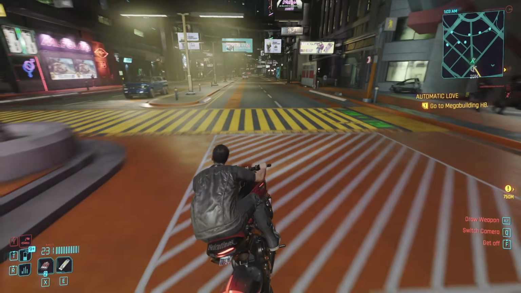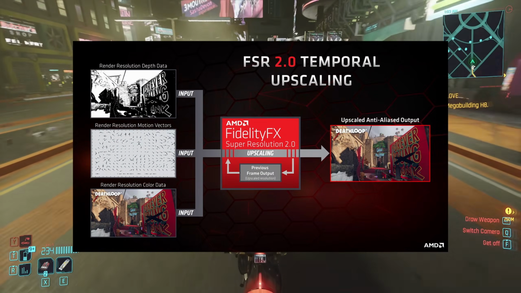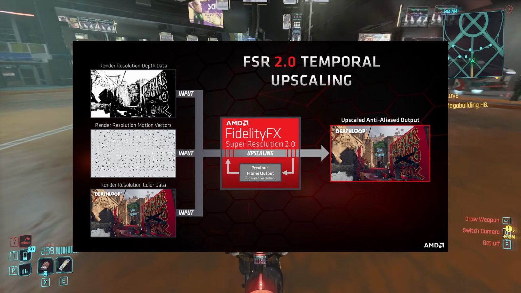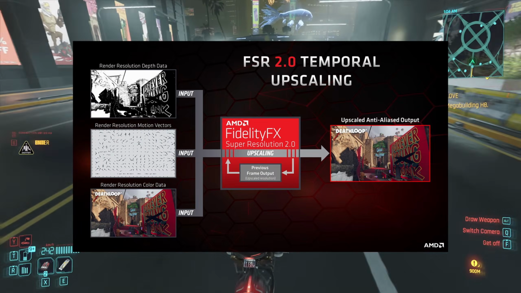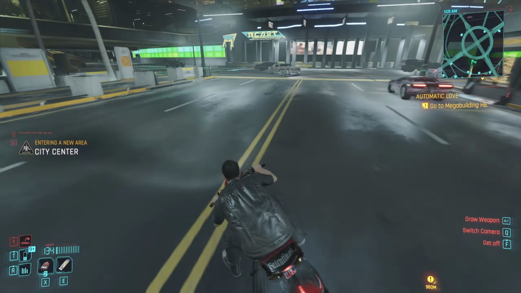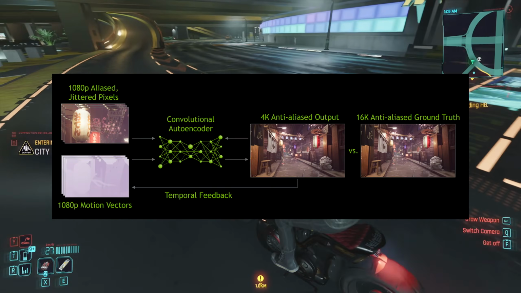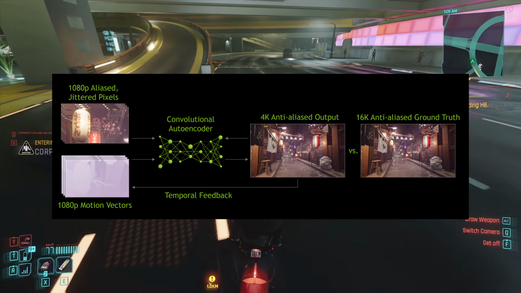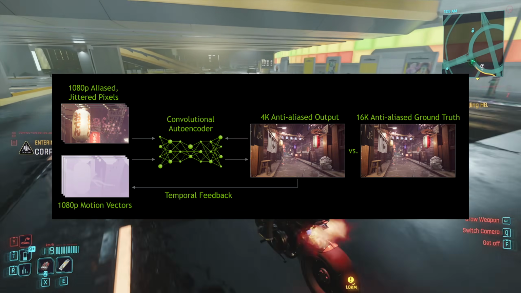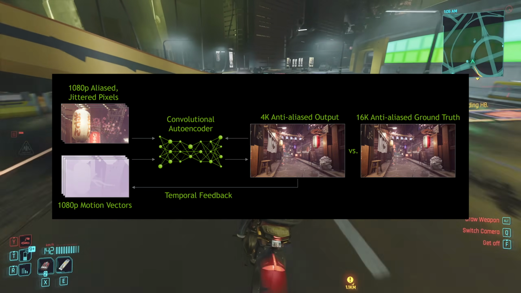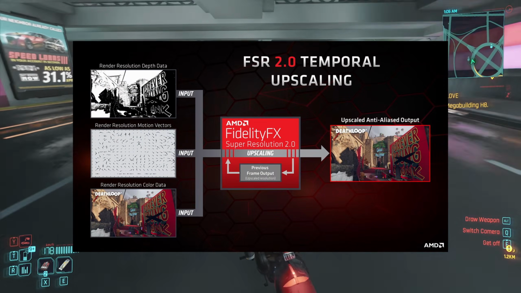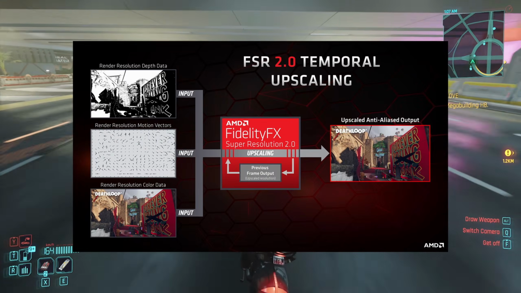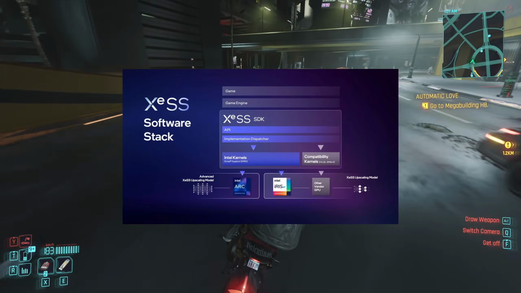The general principle of the process is to input a low-resolution image into an upscaling algorithm, and then produce a high-resolution final image. Different methods use different approaches to upscale. For example, DLSS is only compatible with RTX 20 series cards or newer because it requires tensor cores to upscale images with deep learning, while FSR and TSR are compatible with all modern GPUs because they are using algorithms that don't use deep learning. XeSS is a mix of both.